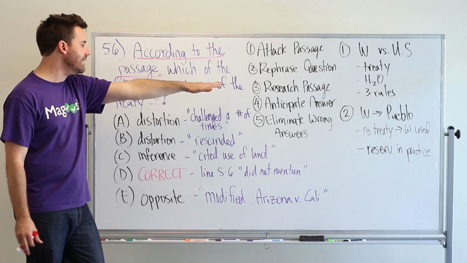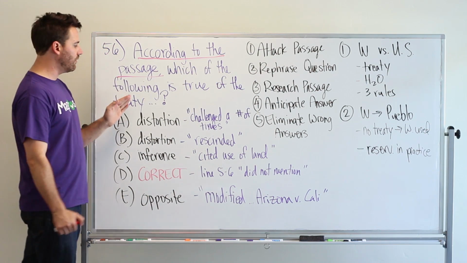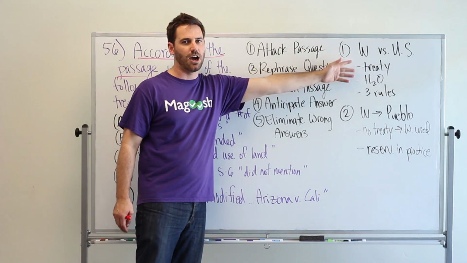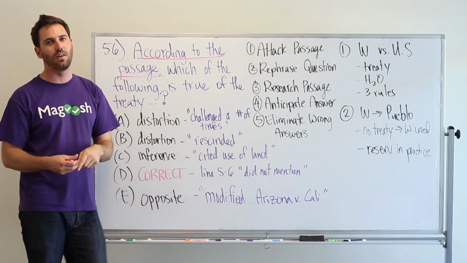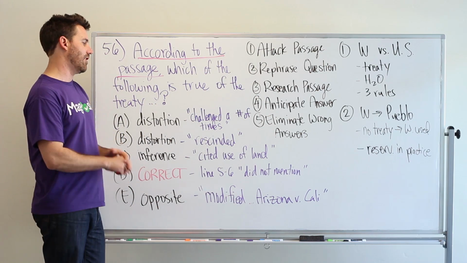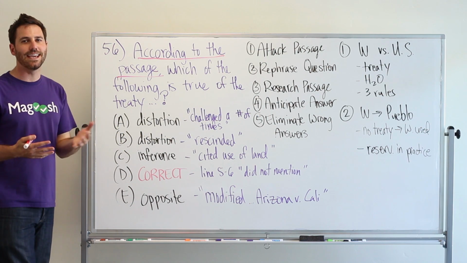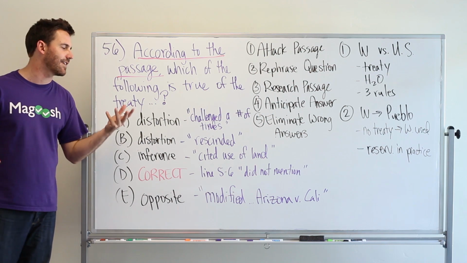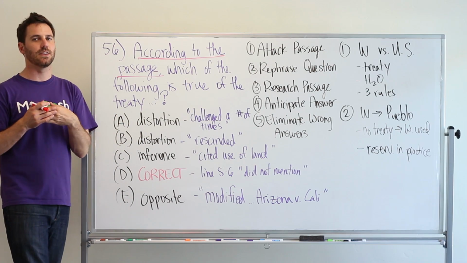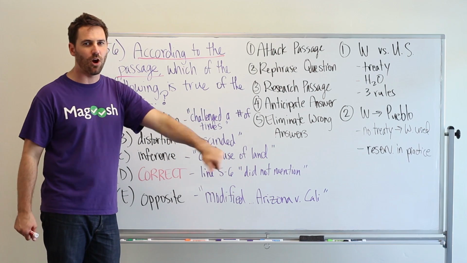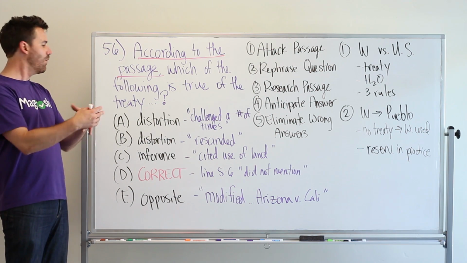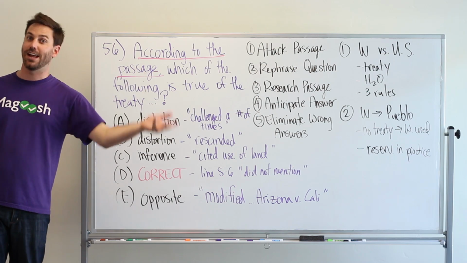Step three is research in the passage. I know we're talking about the treaty. The treaty is initially talked about in the first paragraph, so I know I'm going to look there for the answer. I would also try to anticipate the answer, to figure out what I think the answer will look like or smell like or taste like. So come up with a prediction, but don't spend a lot of time here. If you can't predict, just go straight to the answer choices and eliminate wrong answers. The goal is not to find the right answer, it's to eliminate the wrong answers. There are more wrong answers than right answers, so it's a lot easier.